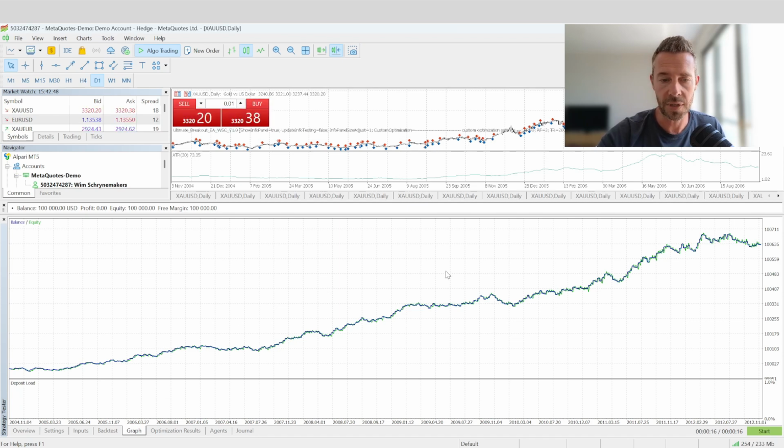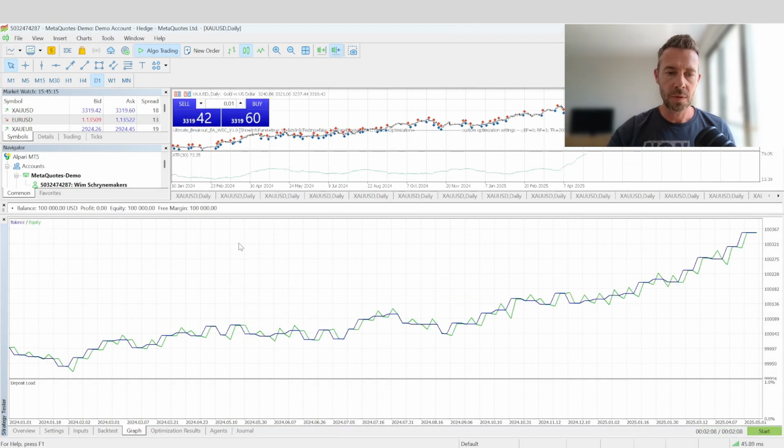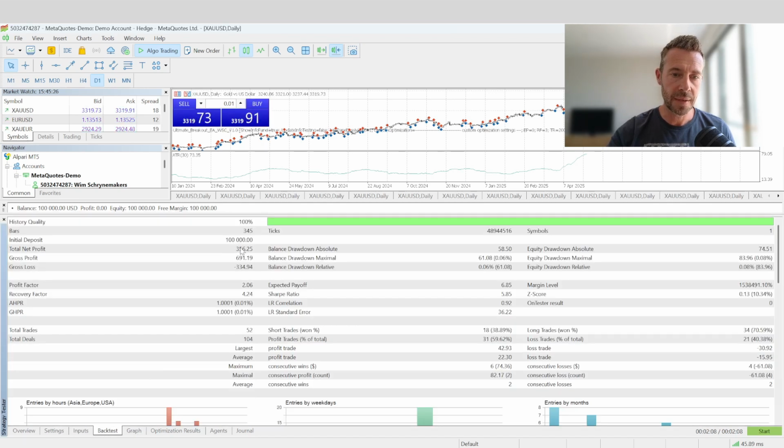All right, so this out-of-sample test also is very good. So the final thing we needed to do was the tick data test, 2024 till 2025. Real ticks, start. So you just catch the finishing of the test. This is the tick data test, and it looks very stable for this period, which was 2024, 2025,